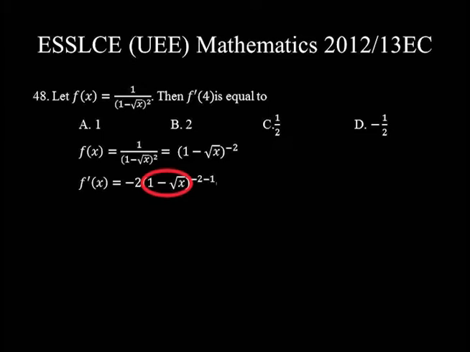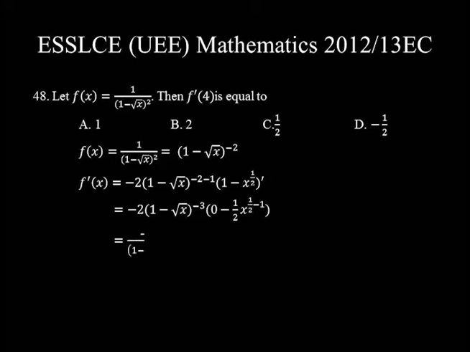1 minus square root of x can be written as 1 minus x to the power of 1 over 2. Derivative, which is equal to negative 2 times 1 minus square root of x, the power of negative 2 minus 1 is negative 3, times the derivative of 1 is 0, minus, taking 1 over 2 to the front, that's 1 over 2 times x to the power of 1 over 2 times minus 1, which is equal to negative 2 times 1 minus the square root of x, the power of negative 3 means negative 2 divided by 1 minus the square root of x, the power of 3, times 0 minus 1 over 2, x the power of